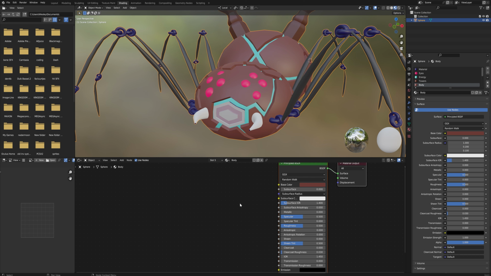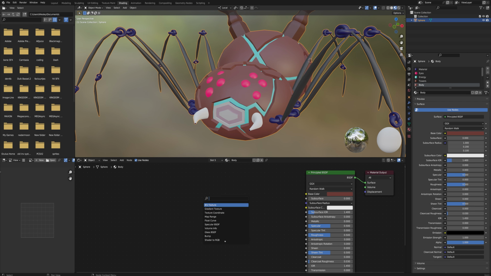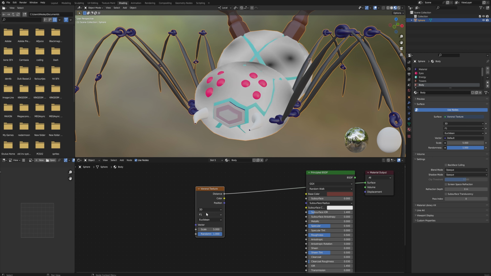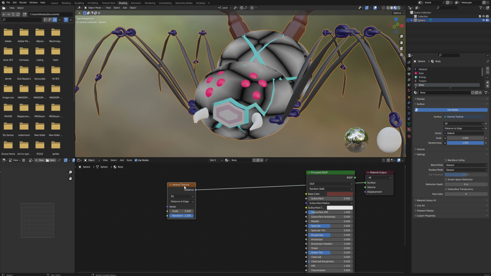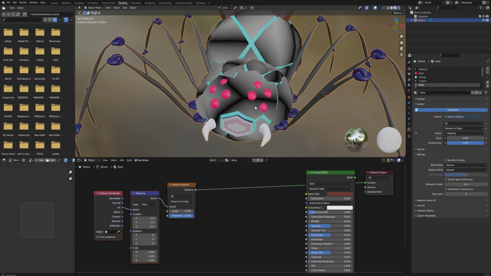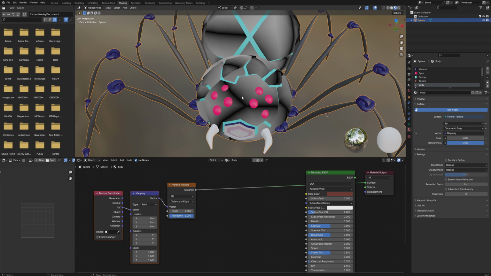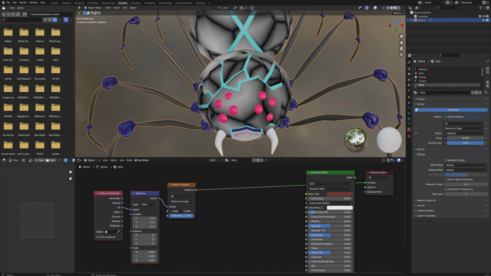So let's start with the body, because I want to start here with a Voronoi texture. And I'll just preview what that looks like. I actually want to have the distance to edge. Let's add some mapping nodes here, because we want to use the UV for this, because we UV unwrap this thing for a reason, didn't we? And then we scale this